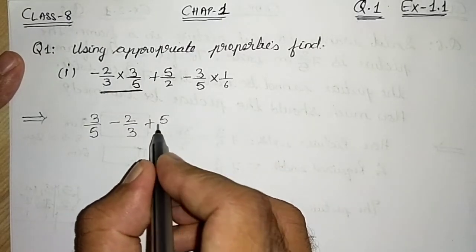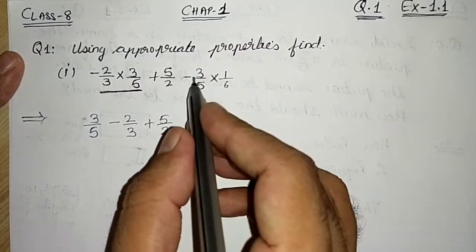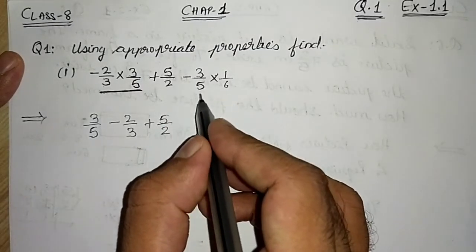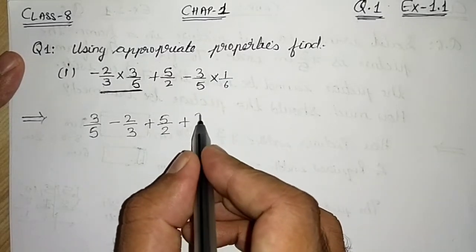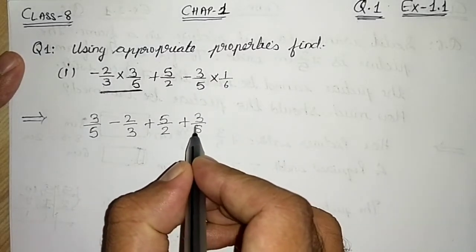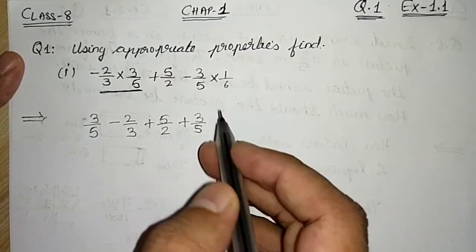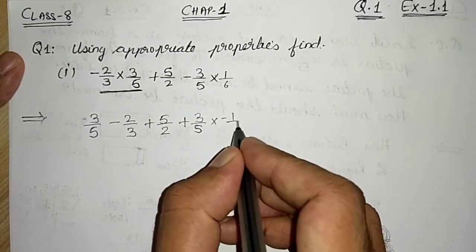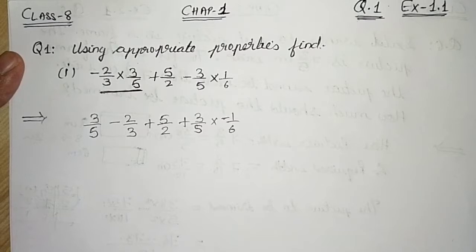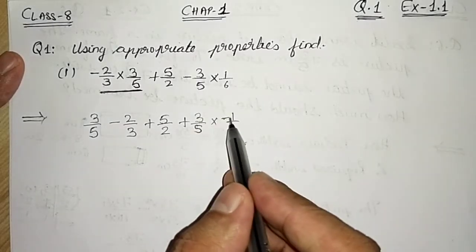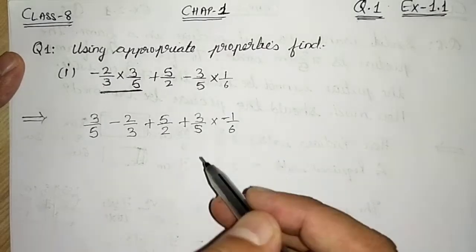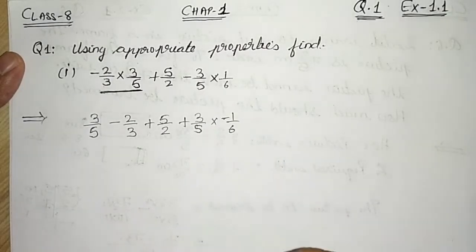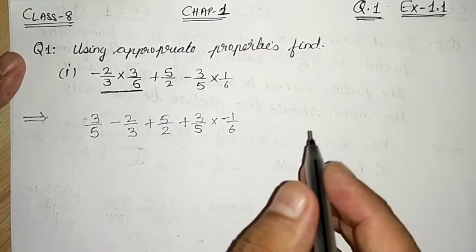This will be as it is, 5 divided by 2. Here minus 3 by 5, I want plus 3 by 5. So what I will do, I will take plus 3 by 5 and minus of it I will give it to minus 1 by 6. It is the same thing. Now if you multiply, it will again return back to it. Minus into plus will be minus 3 by 5. So we can do these arrangements.